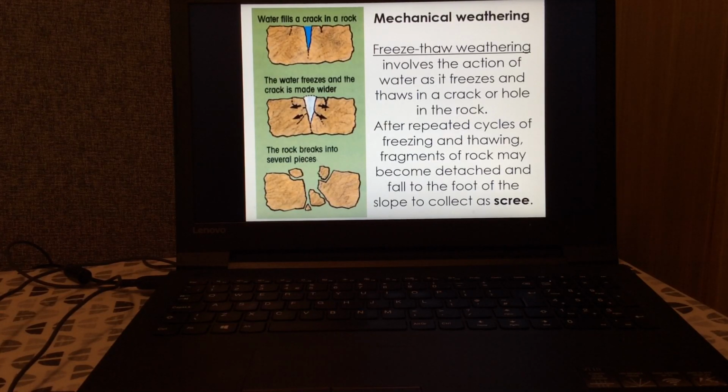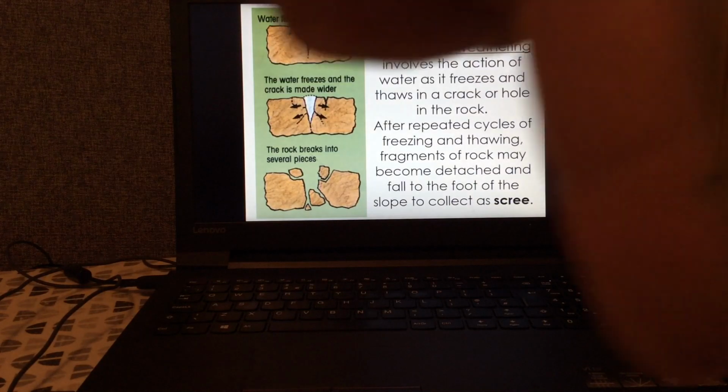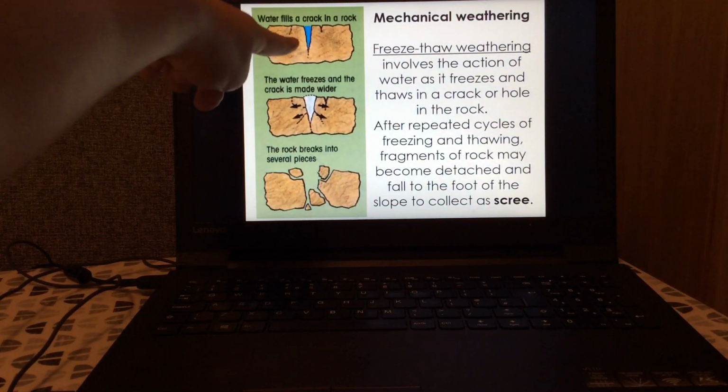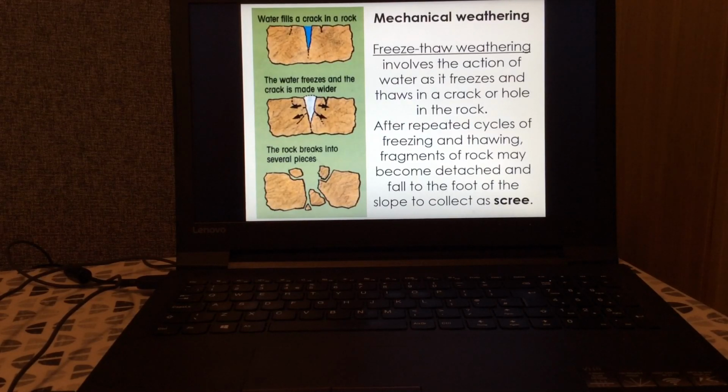If you think of mechanical, it kind of means like a machine. So mechanical weathering is where the rock gets broken down by some sort of mechanical process, kind of a force acting upon the land. So here's an example of mechanical weathering, which is called freeze-thaw weathering. Imagine in this first picture here, you've got a piece of rock and it's got a